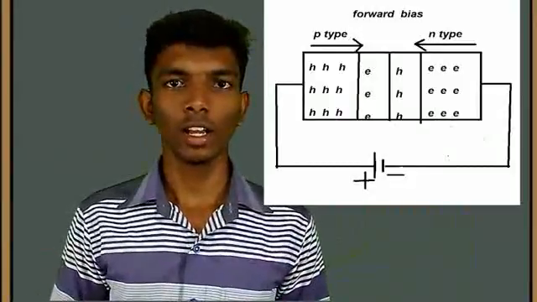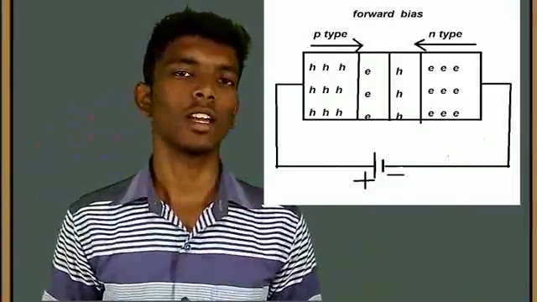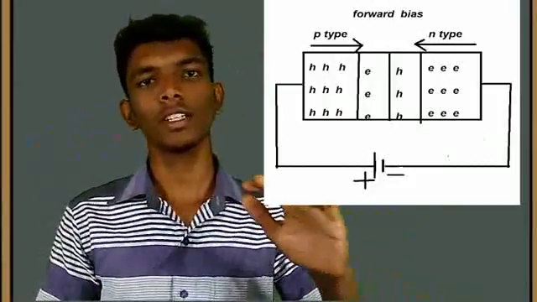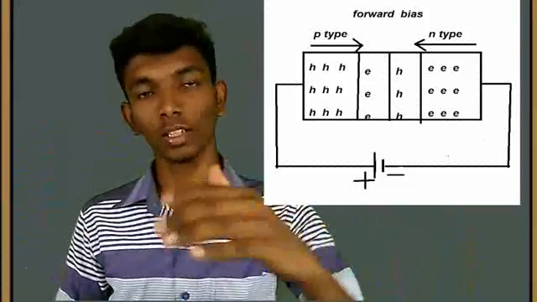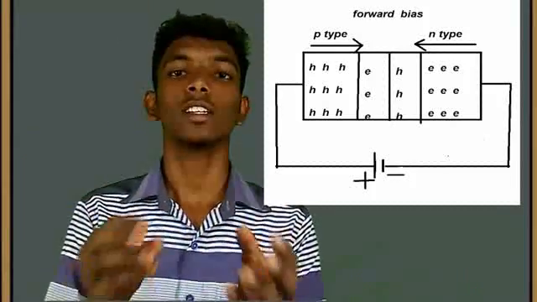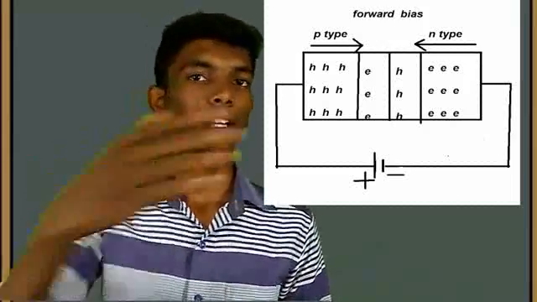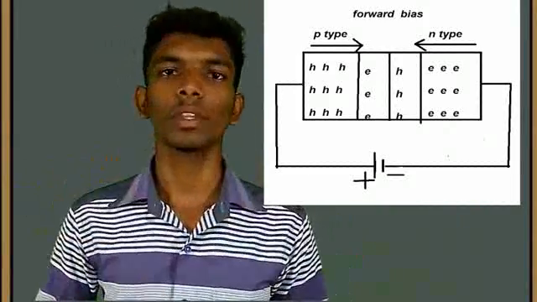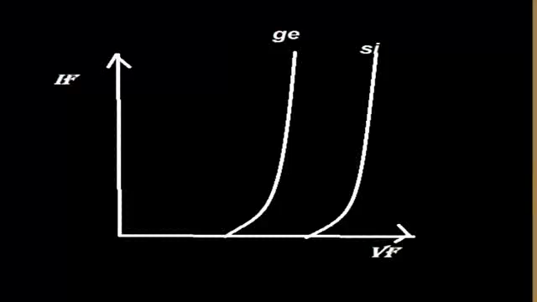When the power supply is turned on, the positive voltage makes the holes move towards the junction. Meanwhile, the negative potential makes the electrons move towards the junction. The holes and the electrons come to the junction, and there at the junction, the electrons and the holes are depleted. This is called diffusion. This may take some time. After diffusion, the holes from the P-type can move towards the N-type material, and electrons present in the N-type can move towards the P-type material. So the current flows through the circuit. A large amount of current can flow only in the forward bias condition.